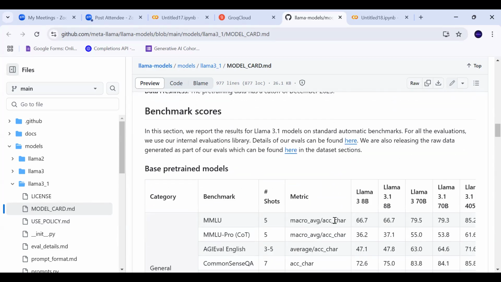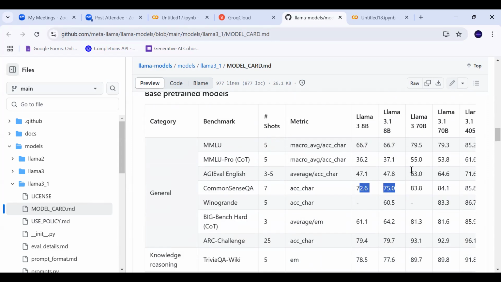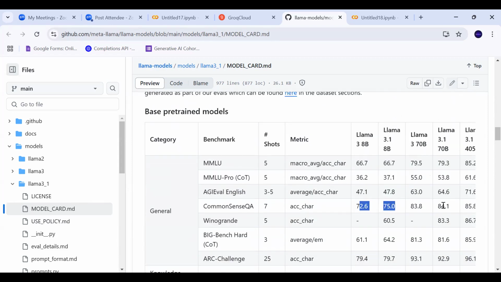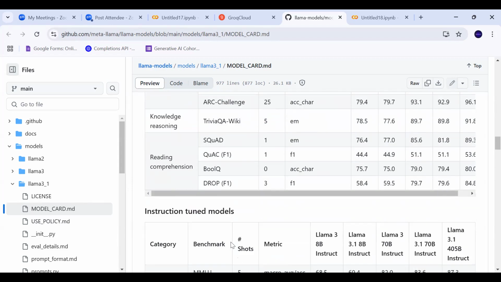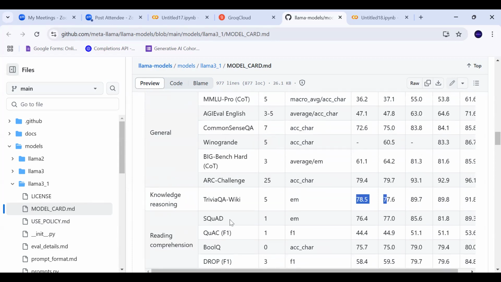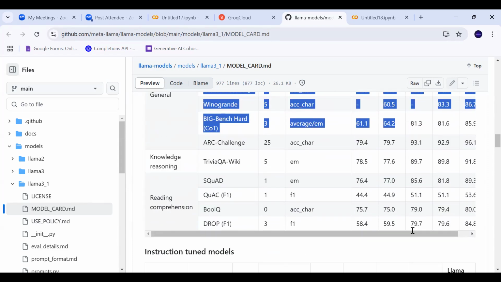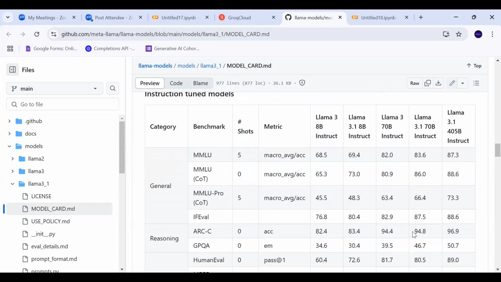ठीक है, तो इसमें वो सारी informations है. See, these are those benchmarks which I am saying. MMLU Pro, COT means your chain of thoughts, common sense question answer में कितना score है इसका, अलग अलग है ना. So you can decide which model you have to use. Reading comprehension, general knowledge कैसी है इसकी. So these are the different benchmarks against which these models are tested, and this is their score. This is how much they scored in this.